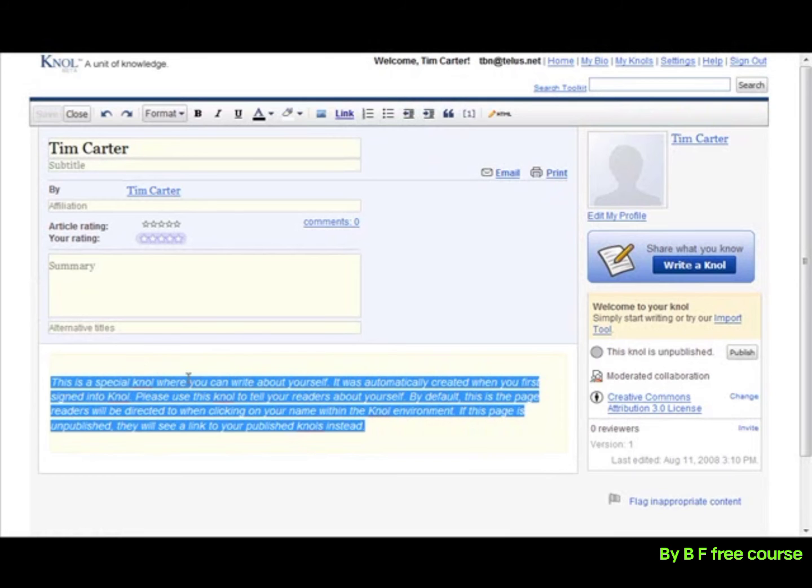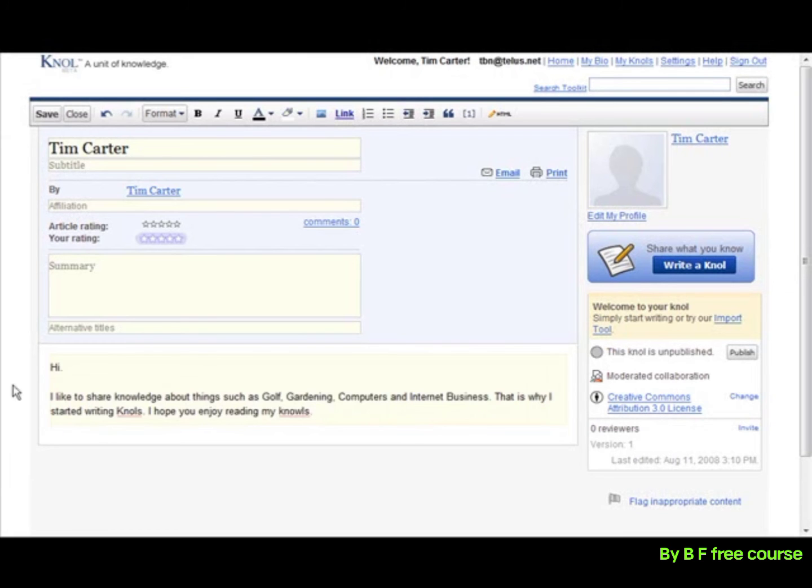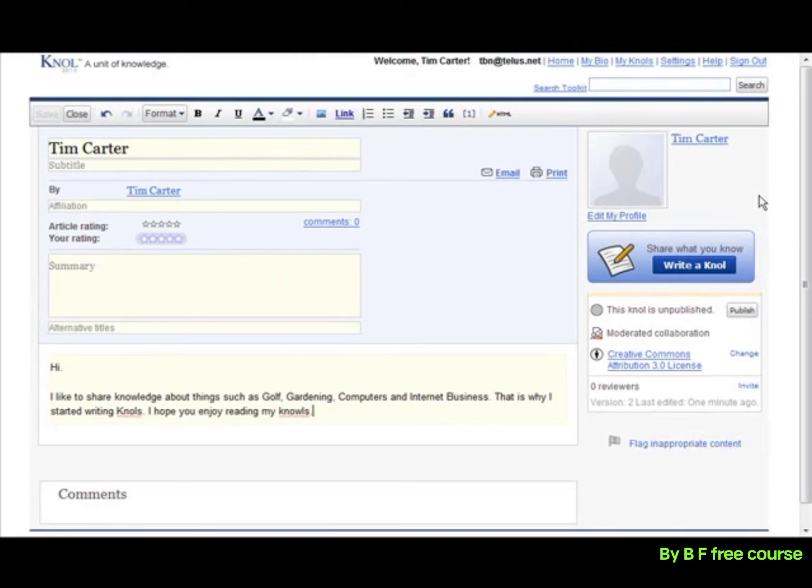And then you can write anything you want in here about yourself. Same thing goes, it's got all the same places, your affiliations, a summary if you want it, and then your alternate titles and a little bio about yourself down here. Okay, so something like that, and then we can just save that. Okay, so that's all there is to that. You can also